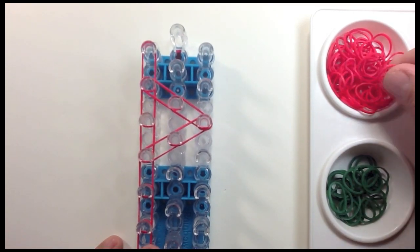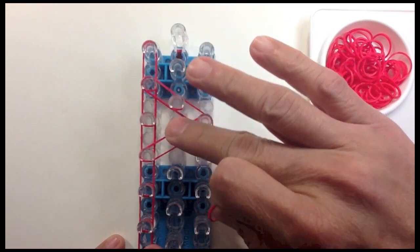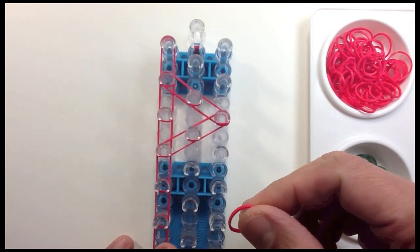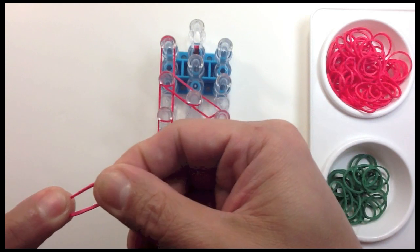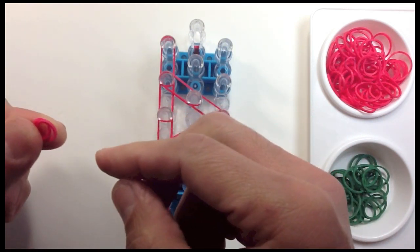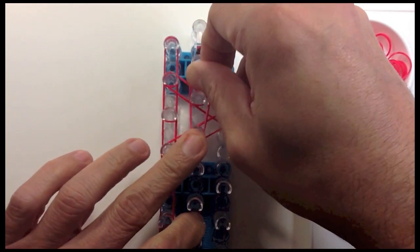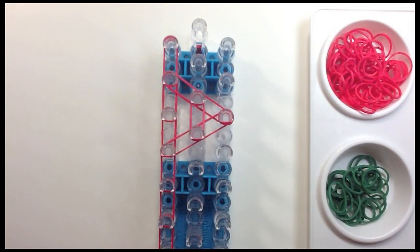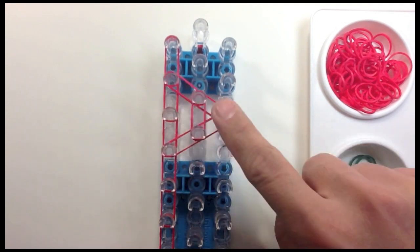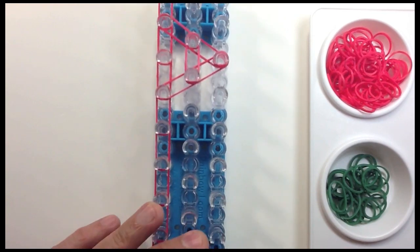Then we place a double loop band on these center pins. We stretch a band and then fold it to itself and then place it on the pins on the center. That is the pattern for the petal. Now let us make another petal